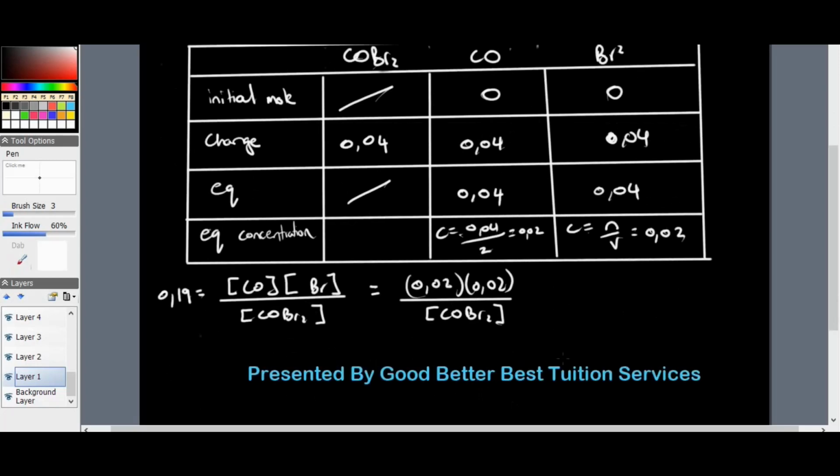Okay, so what we do next is that goes to the other side, this comes down to the bottom, so we have the concentration of COBr2 is equal to the product of 0,02 squared, because that's what 0,02 times 0,02 is, all over 0,19, right? And if we do that,